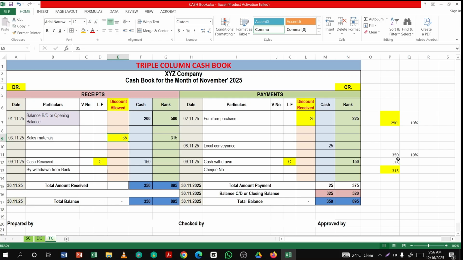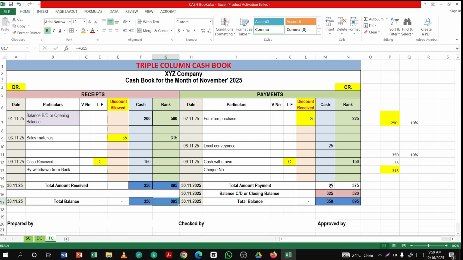That's why this 35 amount is written in discount allowed column in triple column cash book, and the rest amount 315 received by bank. At the end of November, total amount cash received 350 and bank received